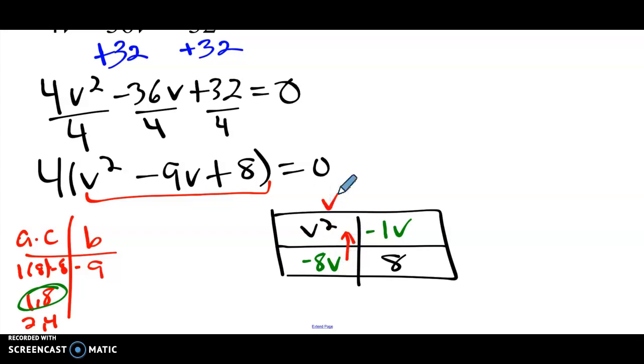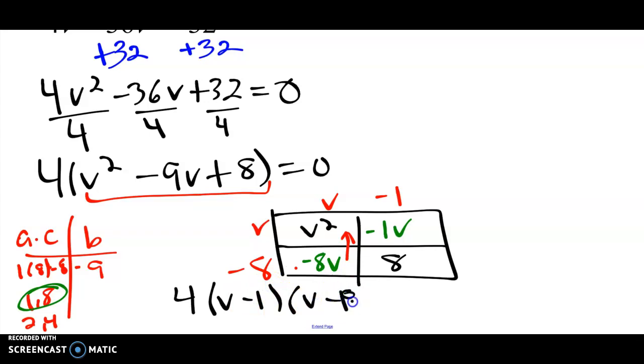V right here is 1 to the side, v, and then this one is 8. But if you notice, I need the negative 8v in this box right here. So we're going to end up putting a negative 8 and a negative 1. So the way we factor this is we have 4 times v minus 1, v minus 8,